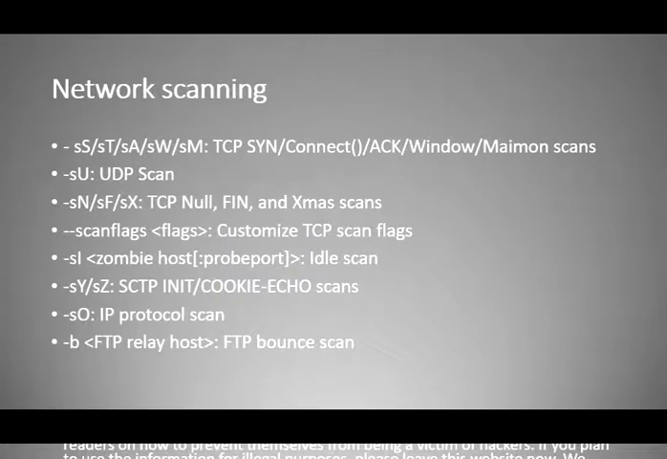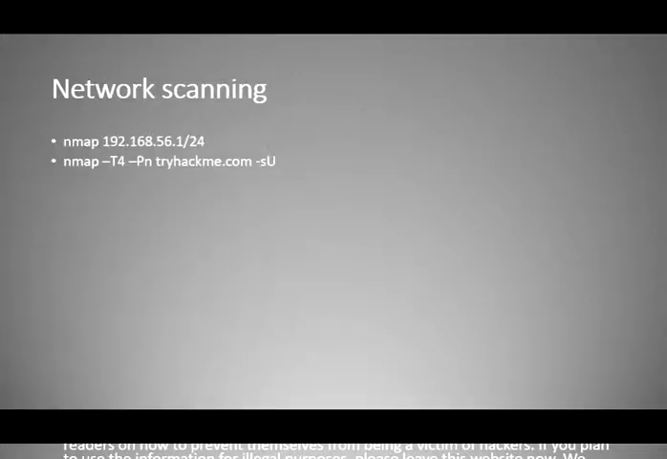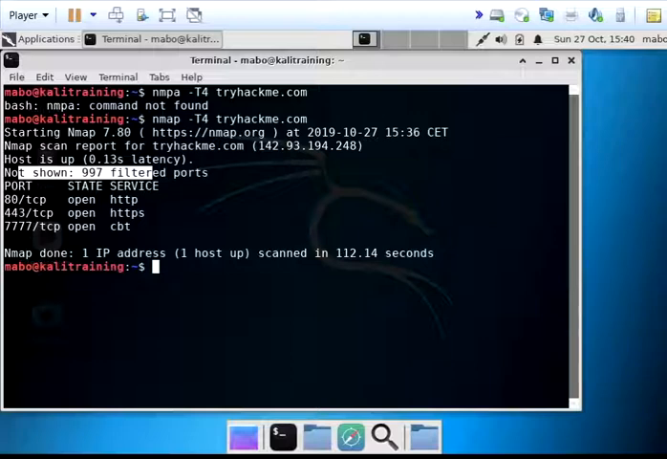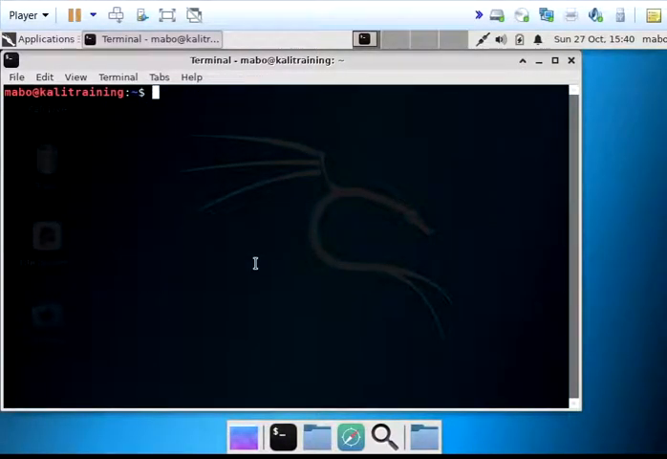Now, network scanning, on the other hand, is actually plus minus the same, and that's where we're going to do the discovery of all the different networks. Here I would suggest to use these two to see what's going on, and that's what we're going to do now on our system. So let's go back to our VM. Let's clear this, and let's do an Nmap -T4 -Pn tryhackme.com